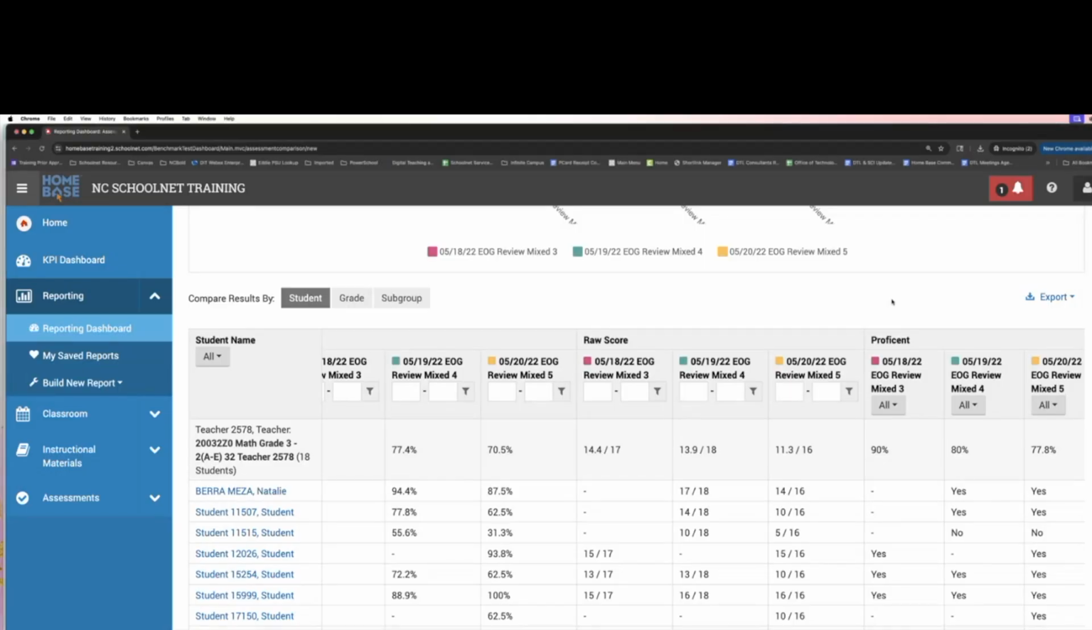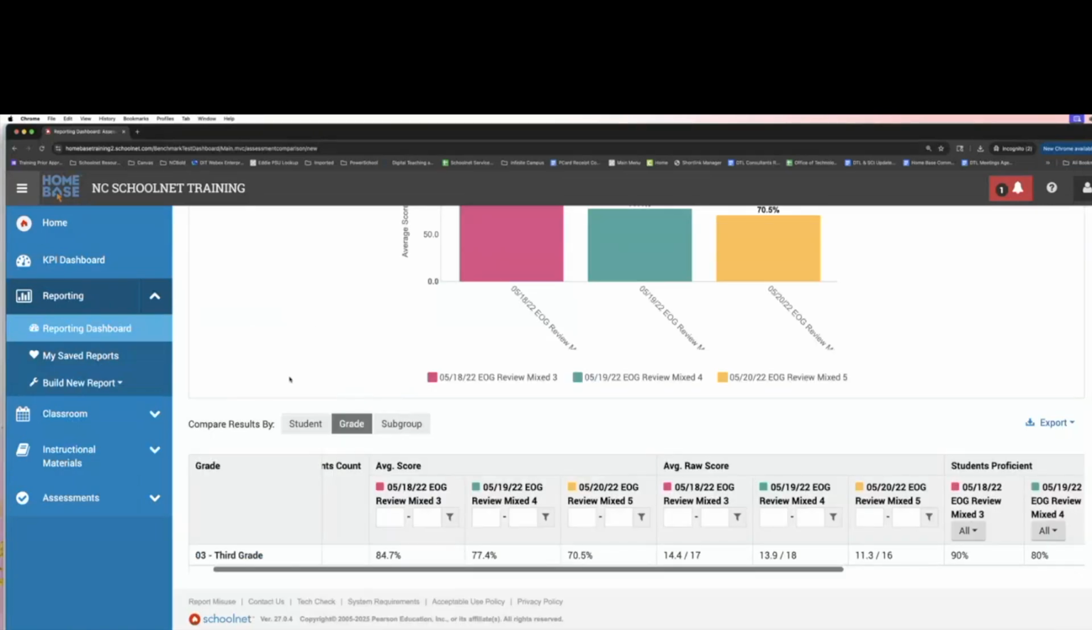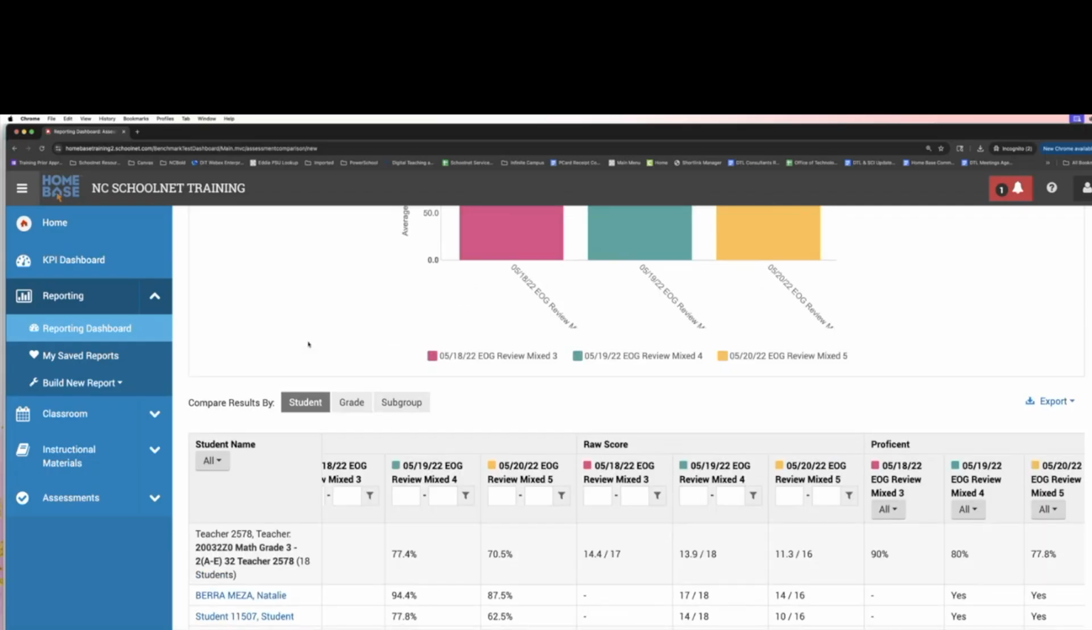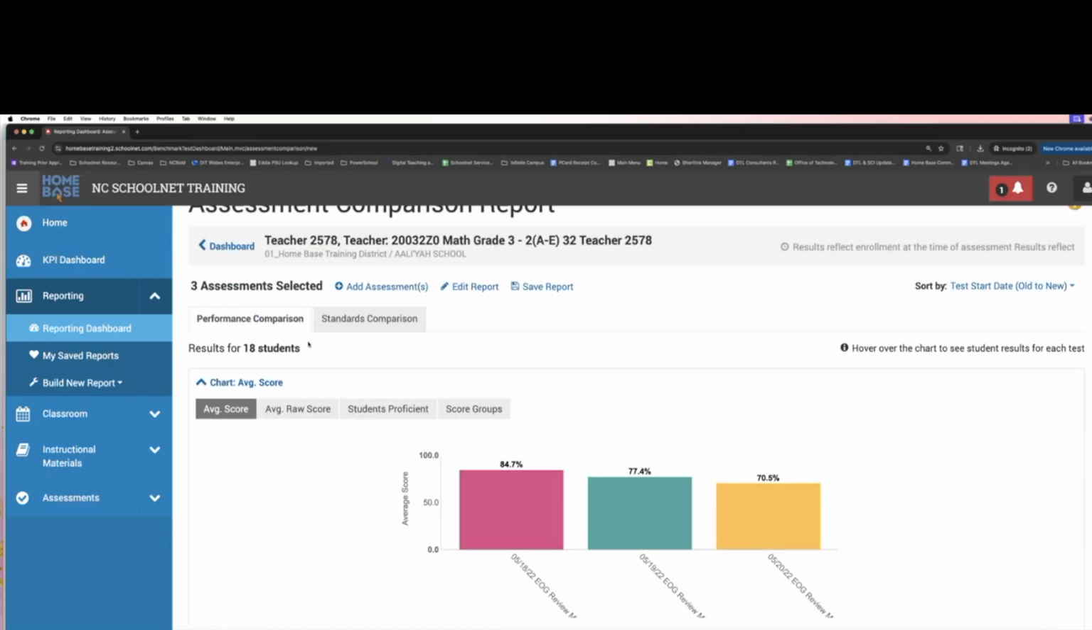You do have additional tabs. Grade is, if you had different grade levels taking that assessment. You also have a subgroup tab as well. Go back to students. If I come up here, I have my performance comparison, which is going to be the